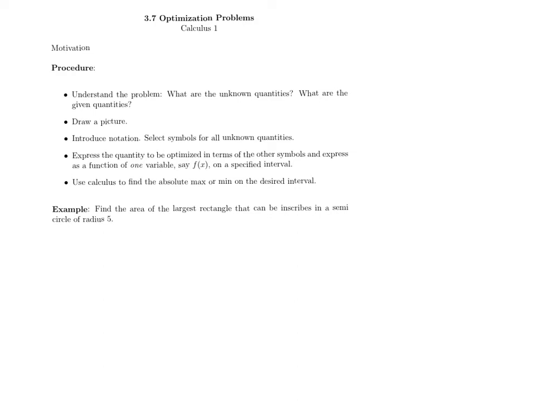Good day and welcome to the first part of our discussion on optimization problems. Optimization problems are Chapter 3's version of related rates. They are always going to come in the form of some type of word problem. They require us to read through the problem thoroughly, set up a calculus problem to solve, and then